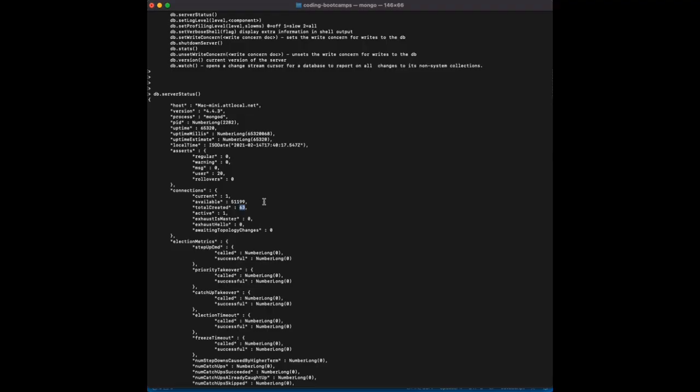It should come in handy really frequently. Again, there's a lot of useful information in here. Note the host that we're running on,